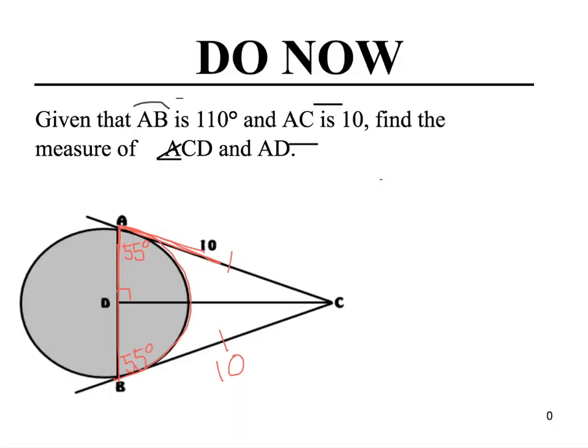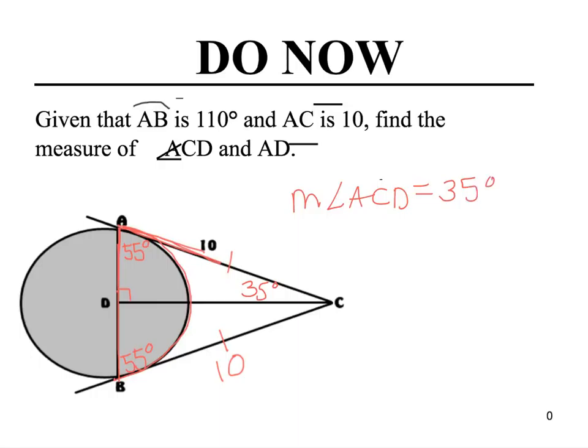Now I'm able to find the third missing angle because we have a right triangle. We know that the sum of the two acute angles of a right triangle is equal to 90, so 90 minus 55 gives me a difference of 35 degrees. So the measure of angle ACD is 35 degrees,